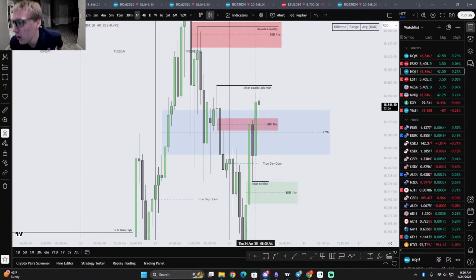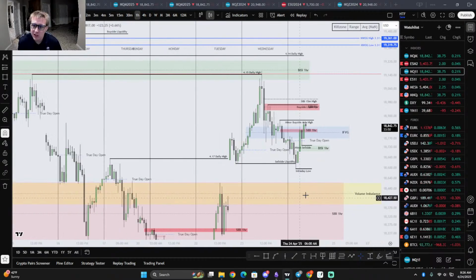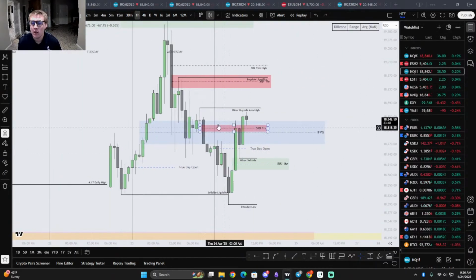We have about 4 minutes here till market opens. If you look at the hourly chart, in my opinion, it's just not clear right now. We have